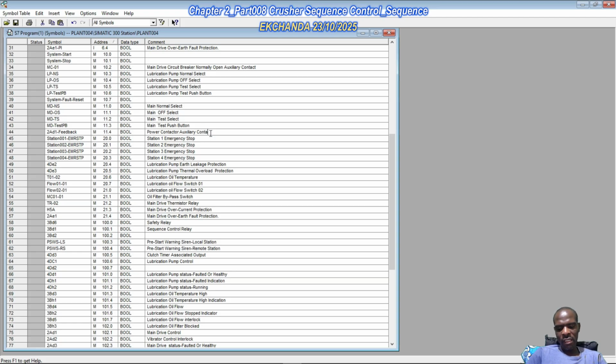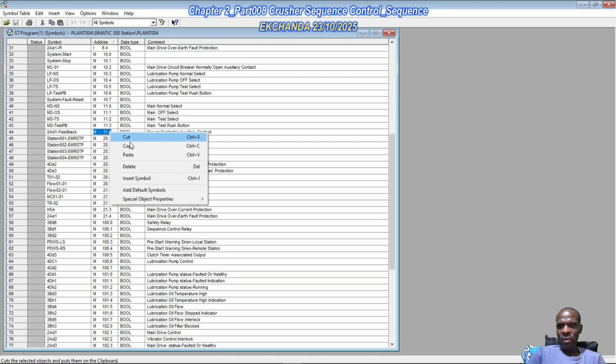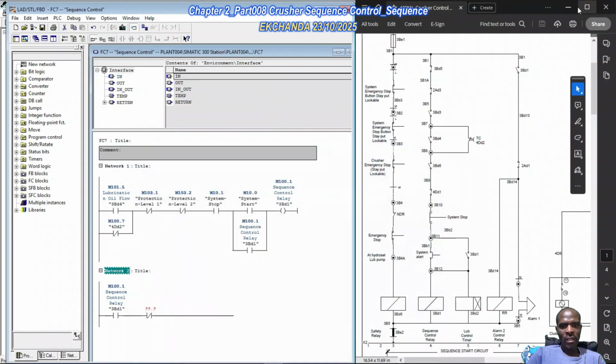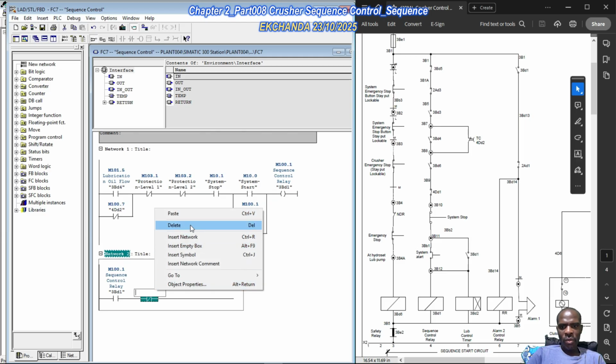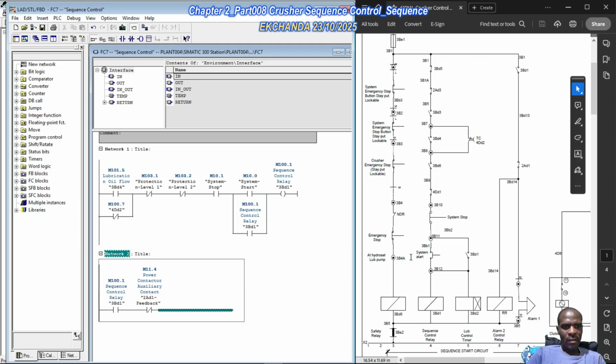Okay, so essentially what we're just saying is the power contactor for the main drive, the power contactor for that crusher. Now the main motor, when that power contactor is energized, its auxiliary contact is the one which gives us a feedback. Okay, this would be important because this is the one that would be used to do a whole lot of things. Okay, this would be used to de-energize